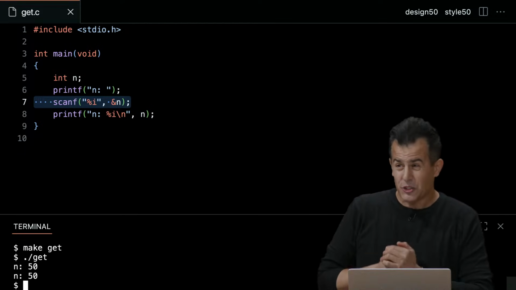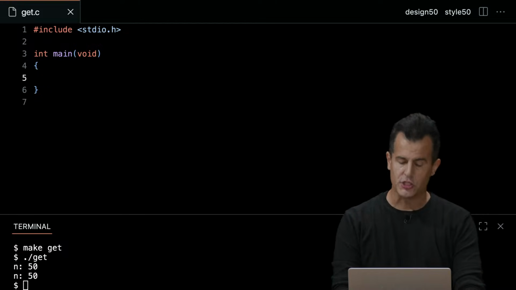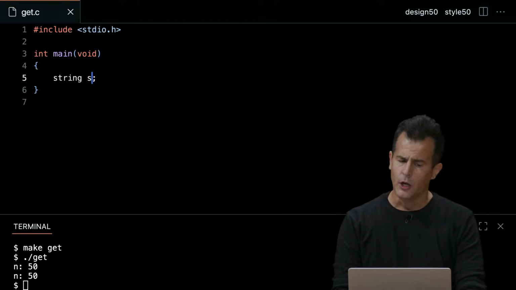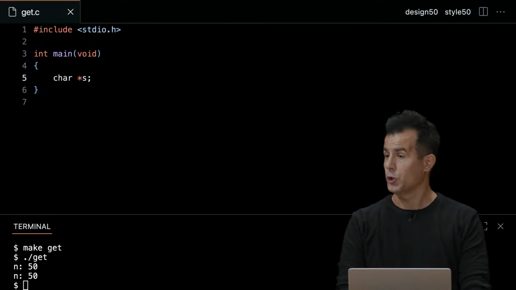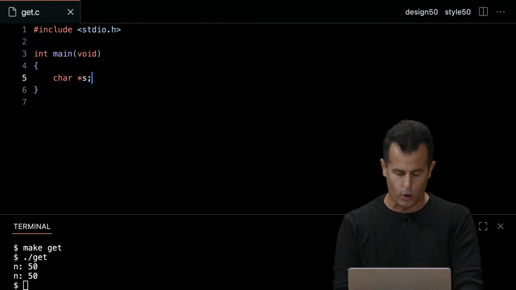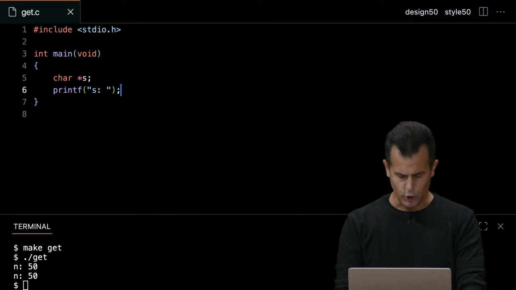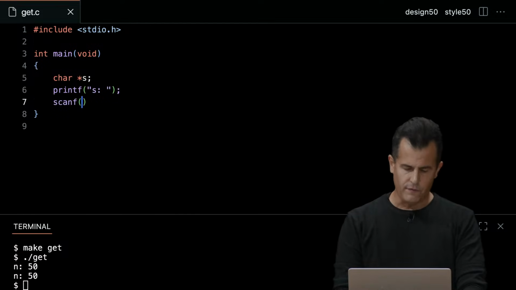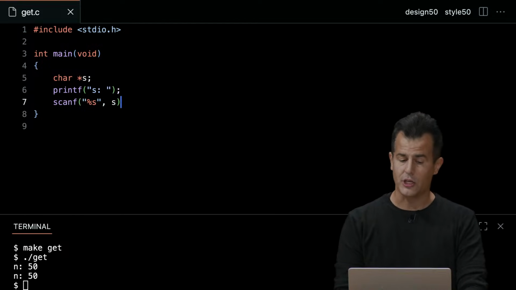Catch is that getting rid of getString is much, much harder. Why? Well, let's try another example. Let's go ahead and try to get a string from the user instead of just an int. So we'll call it string s. But wait a minute. CS50 library is not included, so we need to use the actual thing that this is. So char star s means give me a variable that's going to store a string. Let's go ahead and print out that prompt just to prompt the user for s, just for clarity. Now let's use scanf and scan a string with %s and put it at location s. Then let's go ahead and print out, just a reminder, that the value of s is now that, passing in